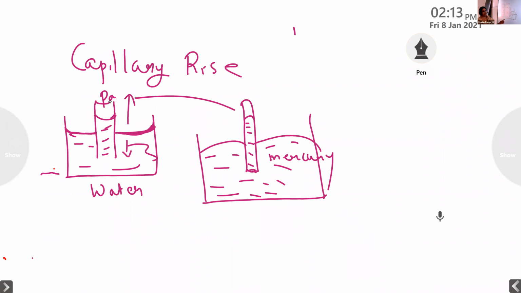But mercury we cannot keep open to the surface because mercury gets evaporated. That's why we use it in a thermometer and a barometer in a closed container. In a barometer also, the mercury is upside down, the open end is inverted. Even if you imagine an atmospheric pressure is acting on this side, it is not rising.